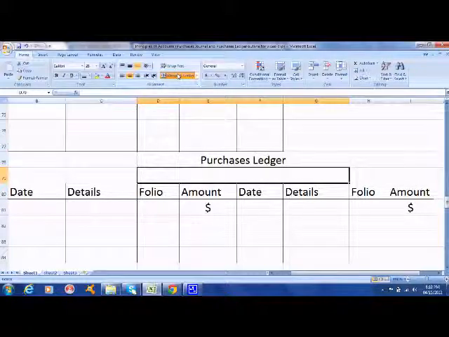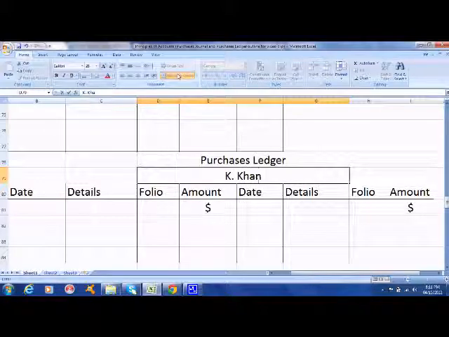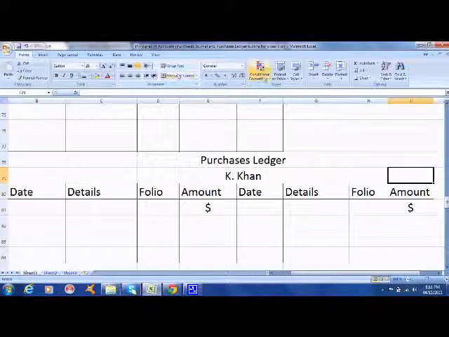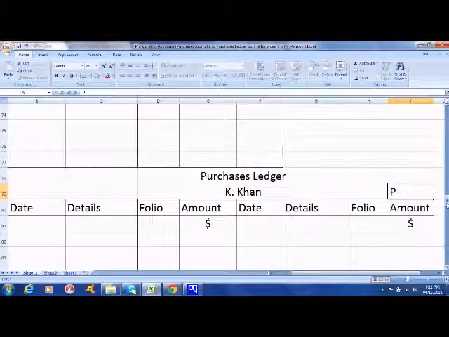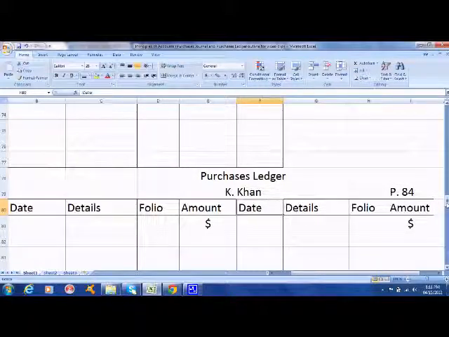And the first person on the purchase ledger is who? Mr. K Khan, and the page number is page 84. It is said that K Khan is a supplier, right? That's why we must create the supplier's account. K Khan has also become a creditor. That means we owe him money, right? And since we owe him money,